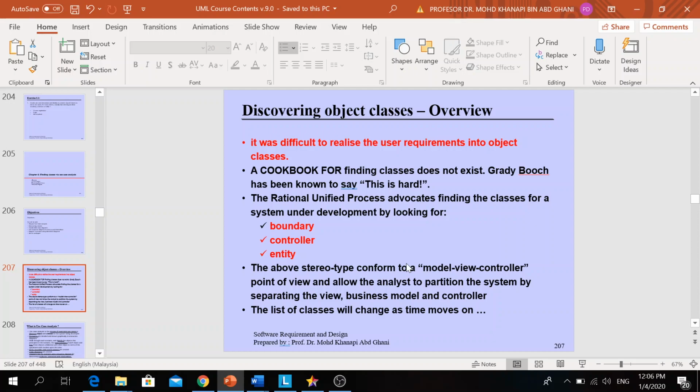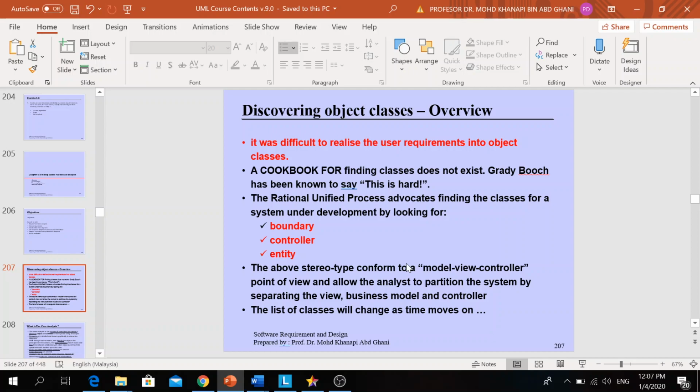So the student database is an entity. When you look at the word which is repeated frequently in your use case description, we can decide that that is the controller of your application. For example, the system becomes the controller. So these three stereotypes are very important when you write your use case description.